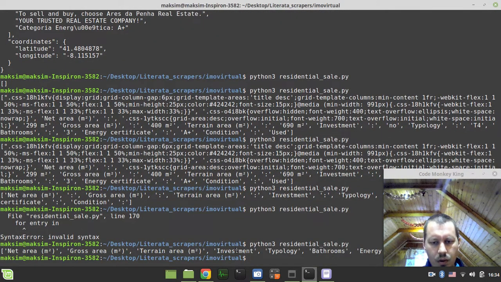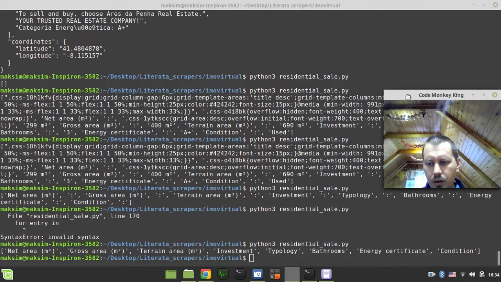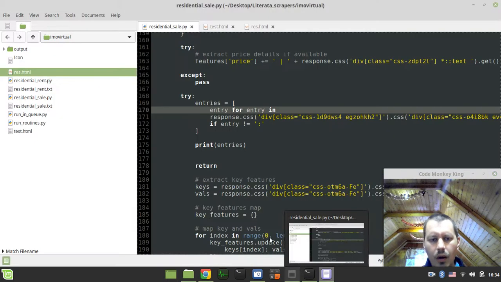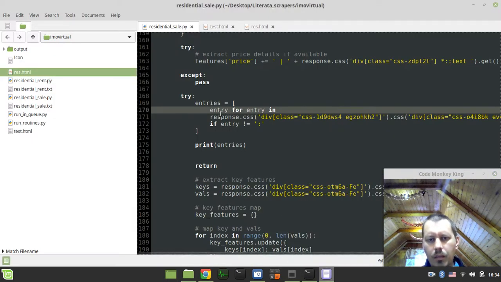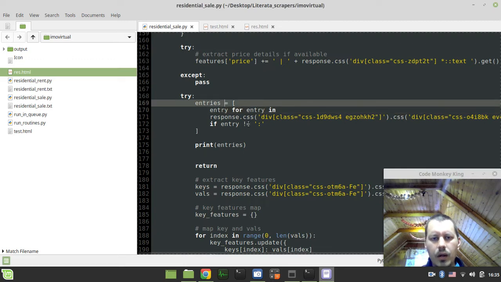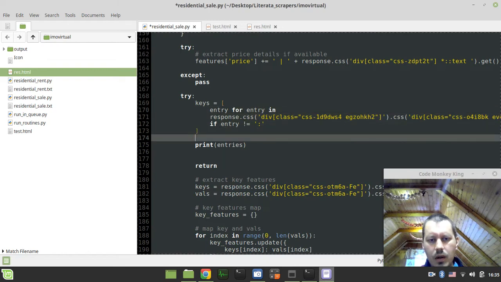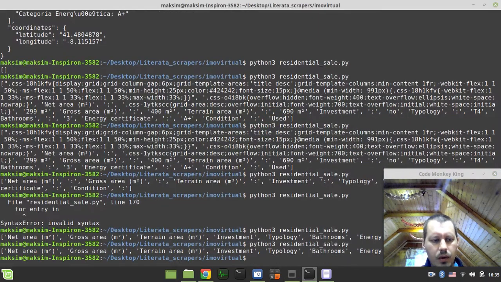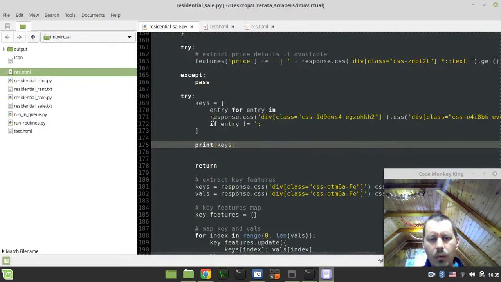Okay, so here they are: topology, energy, certification conditions. Yeah, so I'm satisfied here. And then what? So this we can call them keys, and I want to print the keys. And now I want to print the values.